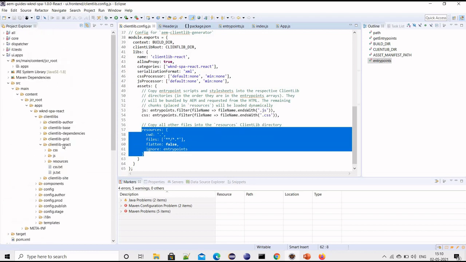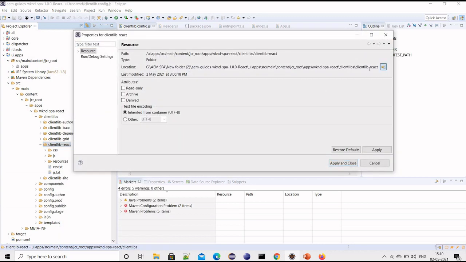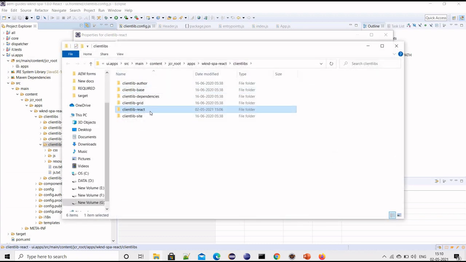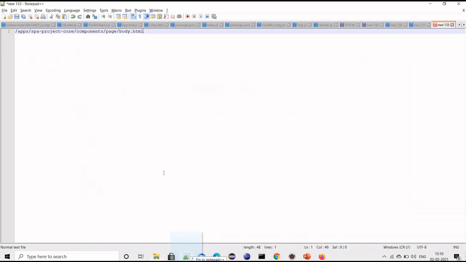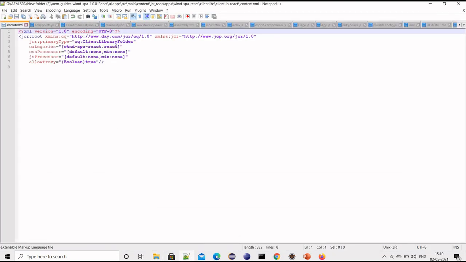So let's see here. The category name is this.